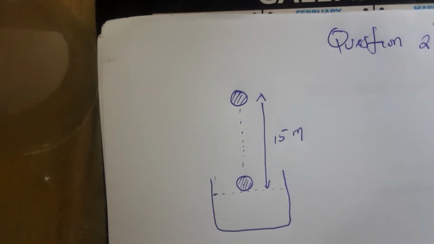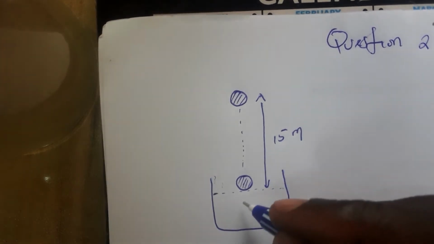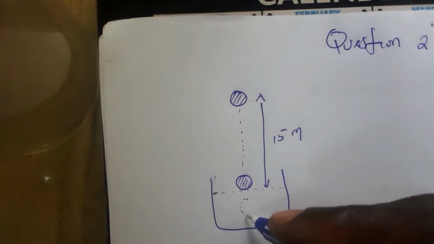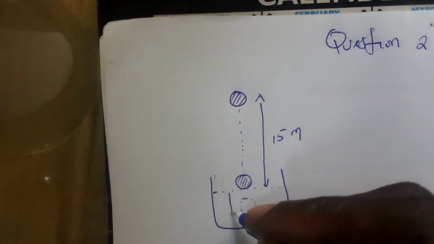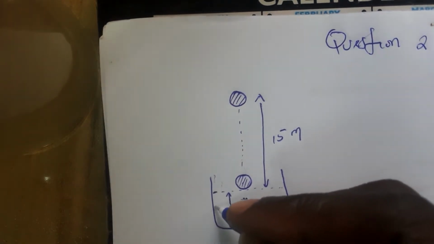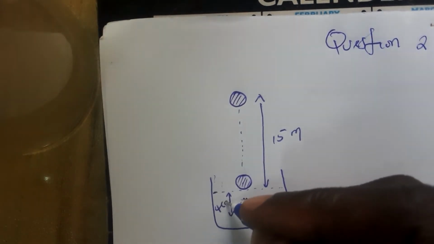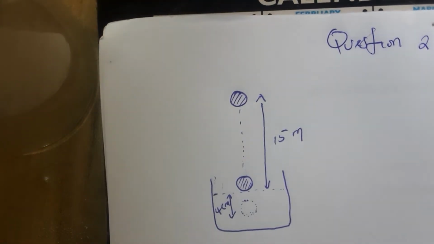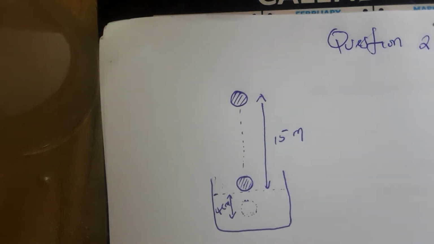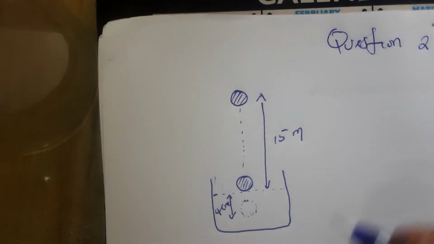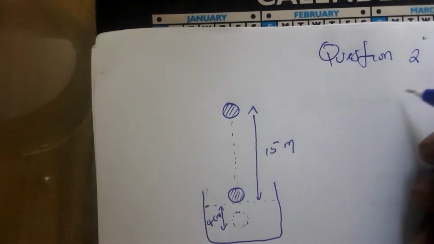Okay, it comes to rest at 4.0 centimeters beneath the sand. So they are saying it comes to rest 4 centimeters beneath the sand. Okay, and they are asking us to find the average force exerted on the ball by the sand. So yeah, we have to, okay, so we shall say we've been given